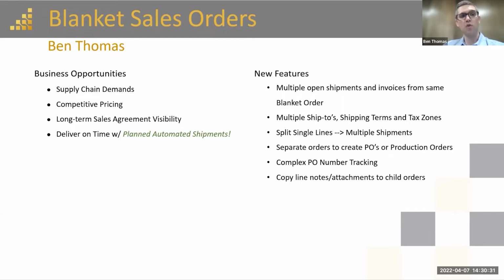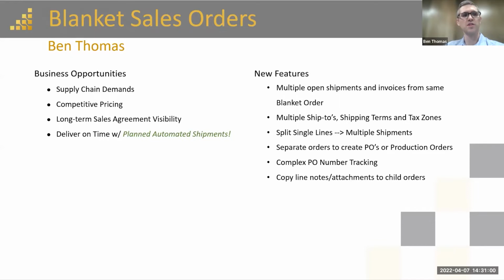You can have multiple open shipments linked to the same blanket sales order, which I will show you in a bit. And you can ship to different customer locations with different shipping terms and tax rates. You can split a single line item to schedule different quantities to ship at separate times. You can accept payments or prepayments to the parent customer account on the blanket sales order, even when there are